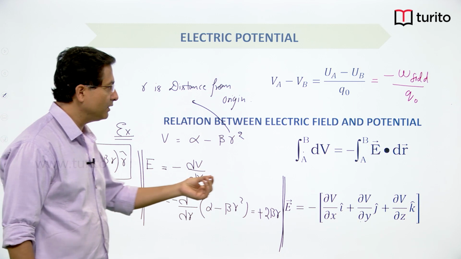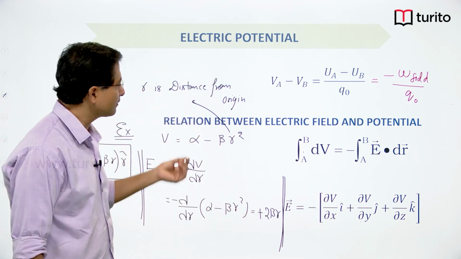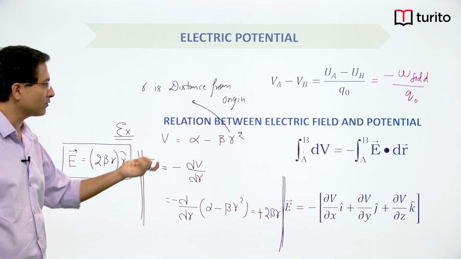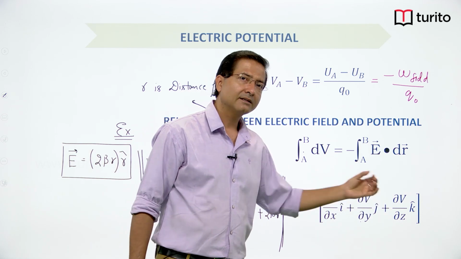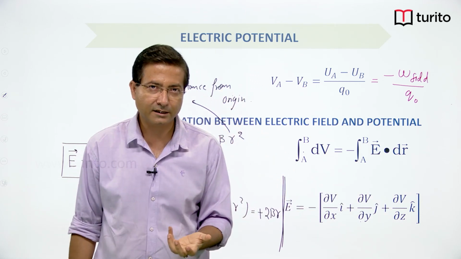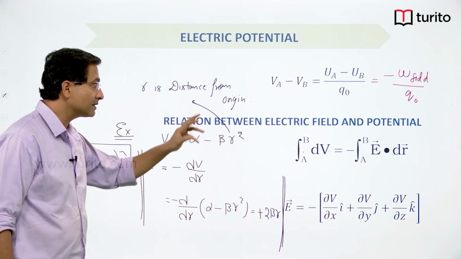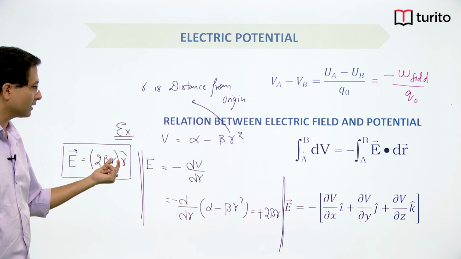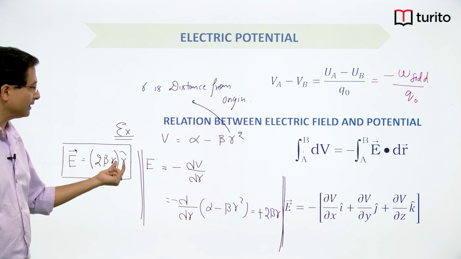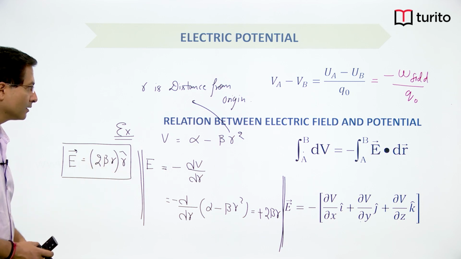Sometime this V might be given in terms of x, y, z, sometime it might be given in terms of r. So, when it is given in terms of r, you can directly differentiate. When it is given in terms of x, y and z, then you have to partially differentiate it, right, to get the different component of field. When it is given in terms of r, then you have to add the direction on your own, right. So, radially outward direction, this is the magnitude of the field. Similarly,